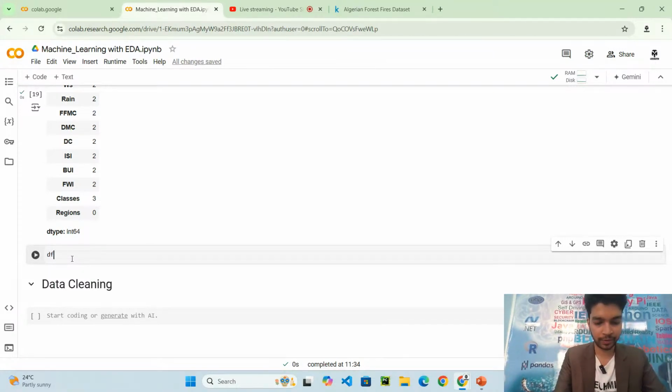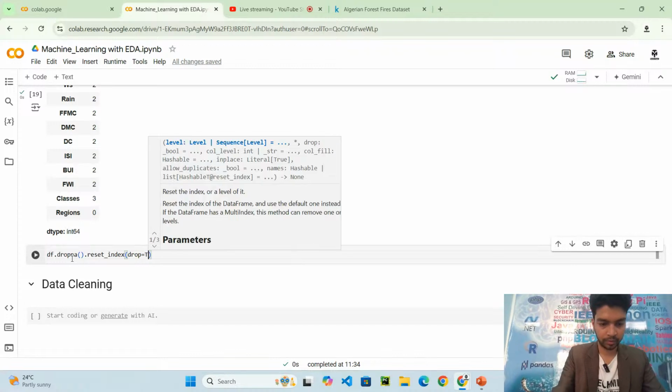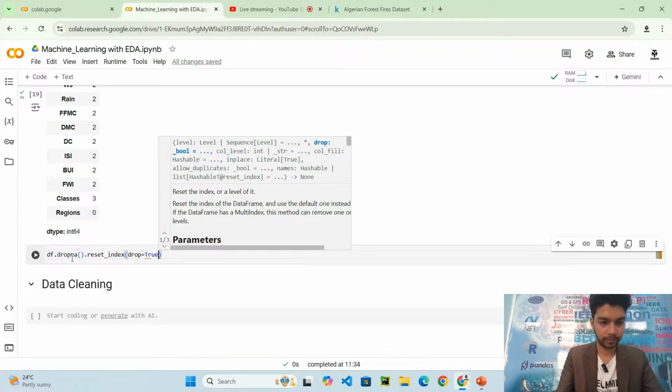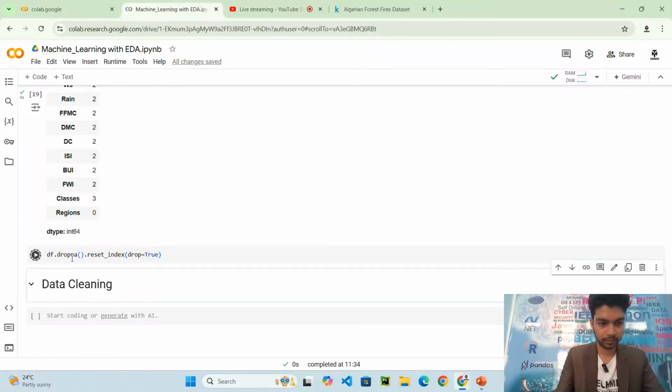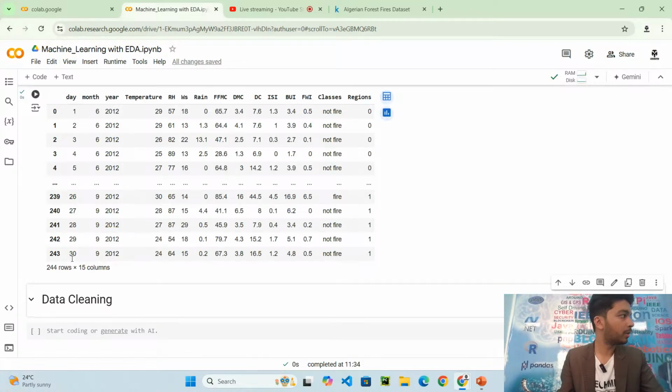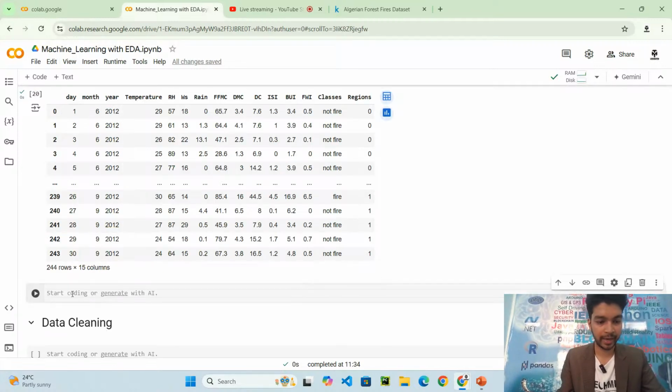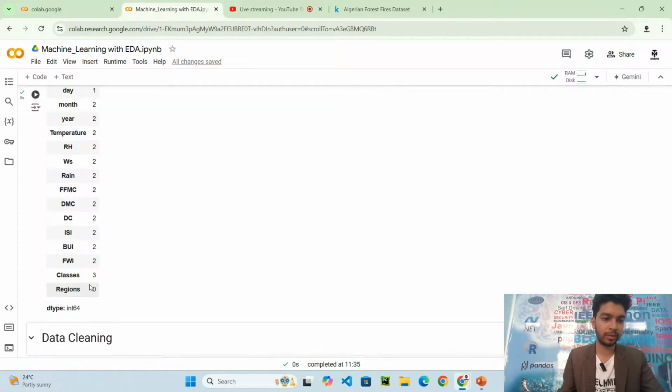The name of the function is df.dropna, and I'm going to reset the index with drop equal to True. So I have dropped all the missing values in my data set. If I do df.isnull().sum once again, I should find everything to be 0.